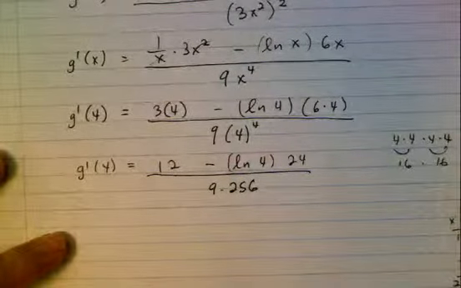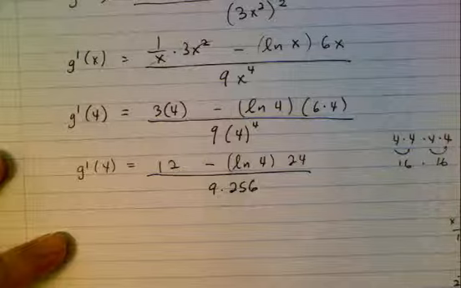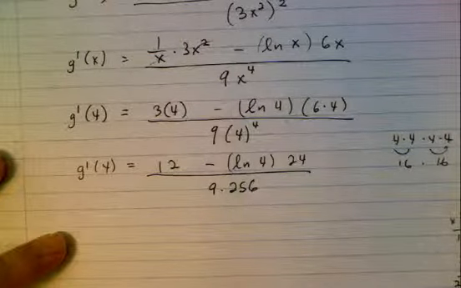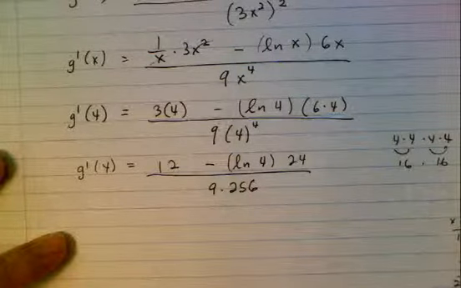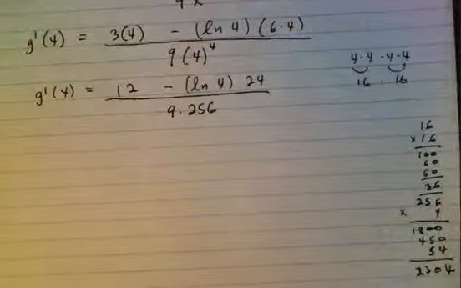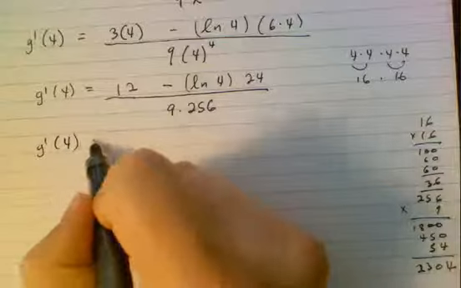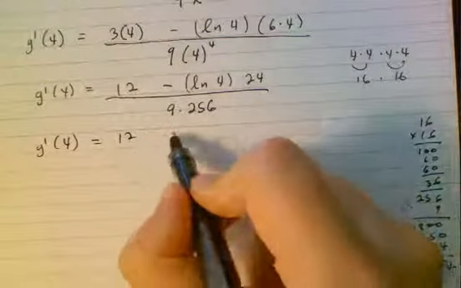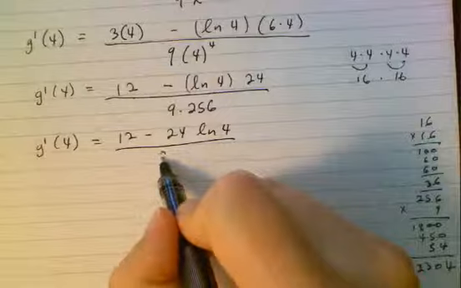And then we take that 256 and we multiply times 9. When we multiply that out by hand, we should get g prime of 4 equals 12 minus 24 natural log of 4 all over